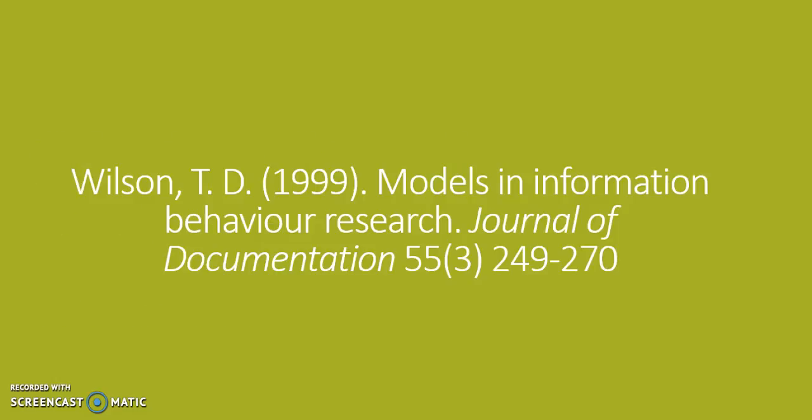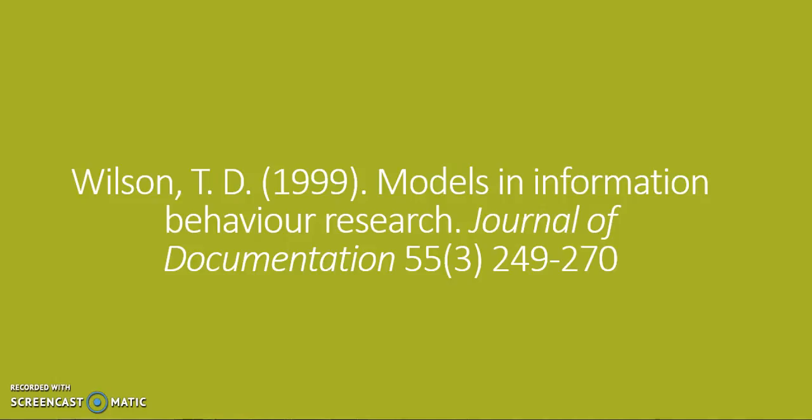For this example, we're going to look at a citation search for the article Models in Information Behaviour Research by T. Wilson. And it's worth pointing out that Library of Information Science articles tend to have a relatively low citation count compared to other disciplines, where citations can number in the tens of thousands. However, it's still a useful tool for us, particularly to show where information science research has had an impact on other fields. Obviously, you'll generally get a lot more results when you're citation searching an older source. So today I've chosen one from